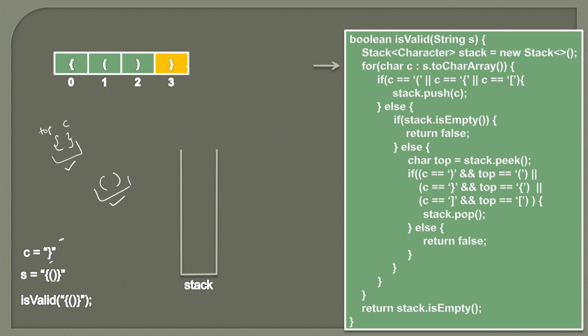Now we have visited all the elements in this char array. So this for loop will terminate. And here you can see at the end the stack is empty. So the stack.isEmpty method will return true. So therefore it means that this is actually a valid string. So friends, this was all about the problem valid parentheses, where we can figure out whether brackets are actually balanced or not. That is, the opening brackets are matched with the closing brackets of the same type and also in the correct order.